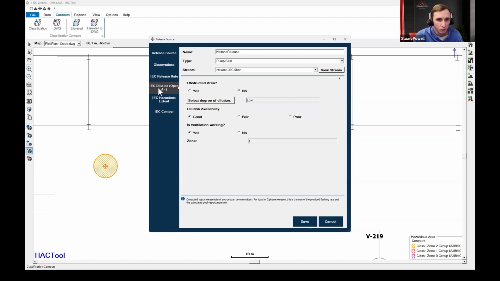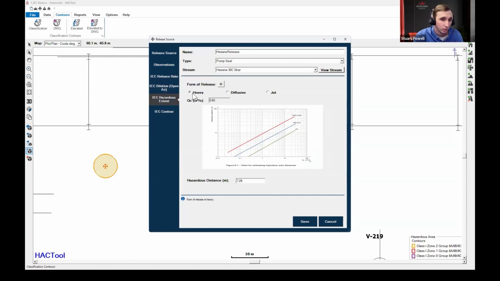Similarly, I select my degree of dilution. So based on these inputs, low dilution, zone 1. This time I would select my heavy form of release. So now it's using the new calculated X value to go up to the heavy line and then over to get my extent distance of 7 meters